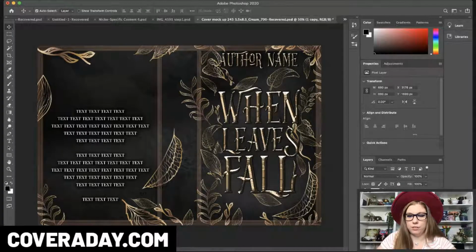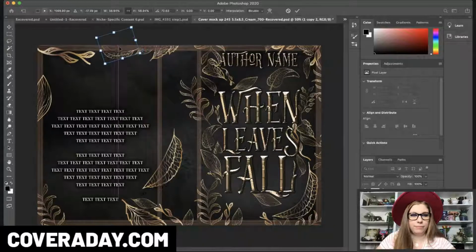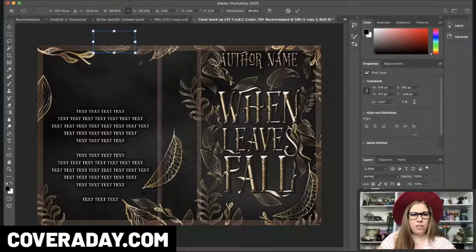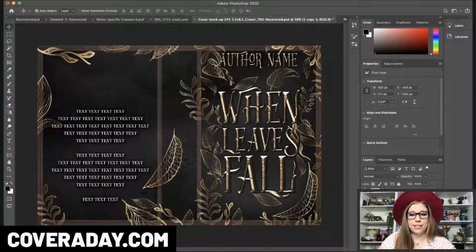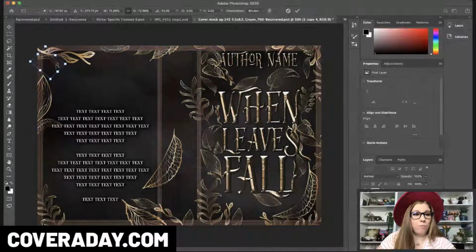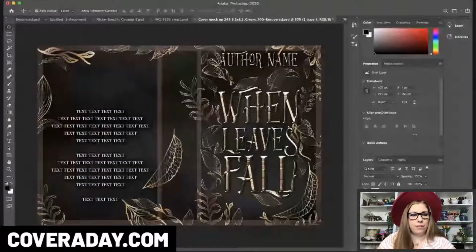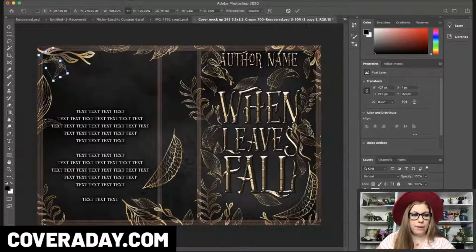And so I'm just duplicating things, grabbing them and rotating them, and making sure things fit where they need to fit. And all of this especially, if somebody grabs this particular cover, it's going to be a lot of heavy editing work to make it fit with what they want. If this is not the title, this is going to be something that does require more work than a lot of the normal covers that you would get from a pre-made cover, just because with the text heavy ones, you have to actually